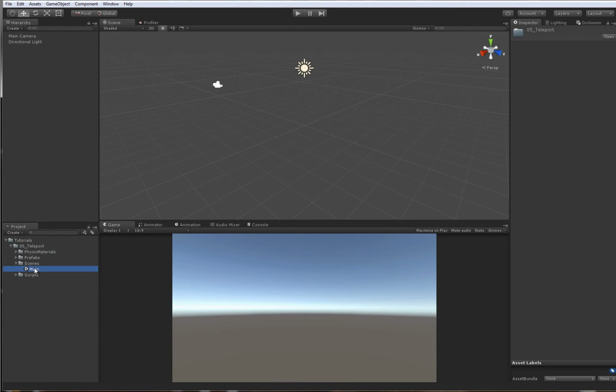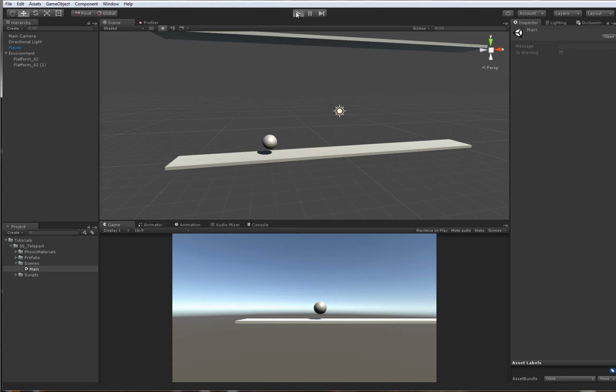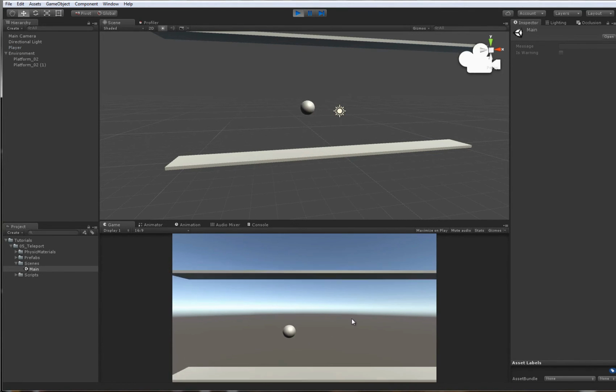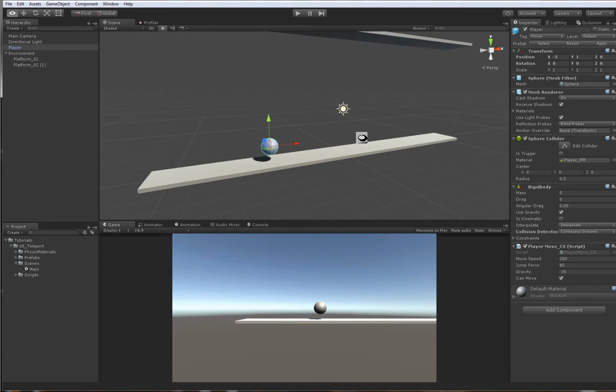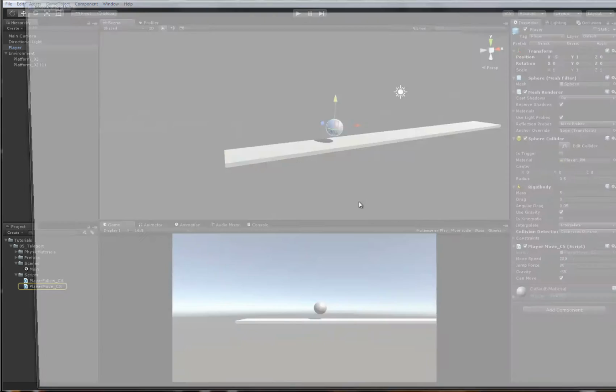You have a scene, which is the main scene, and in this scene we simply have a sphere, which is our player, and the camera, which follows the player. Now the player is made in a certain way. I mean, it's not something complex, but